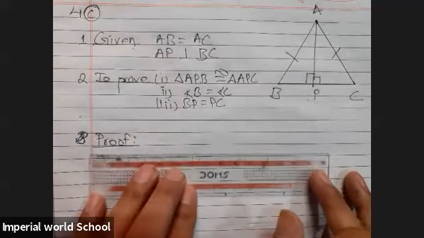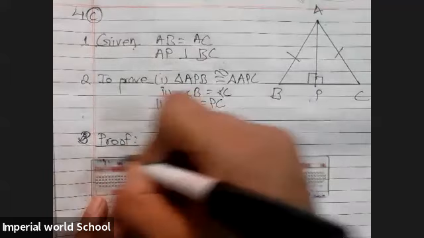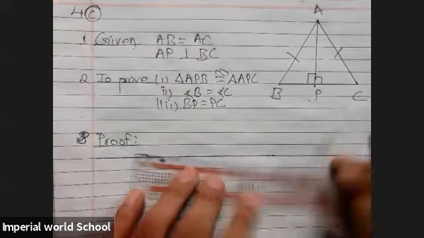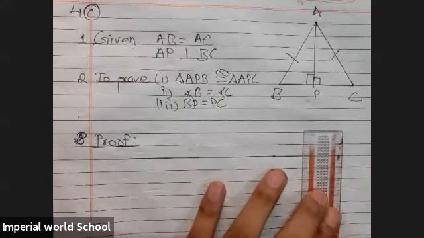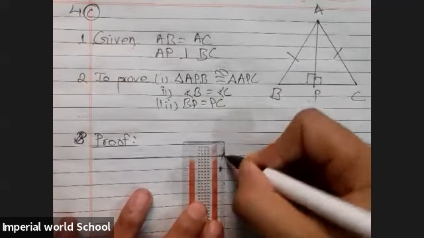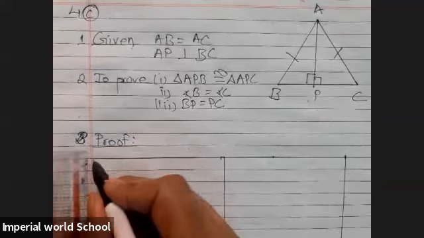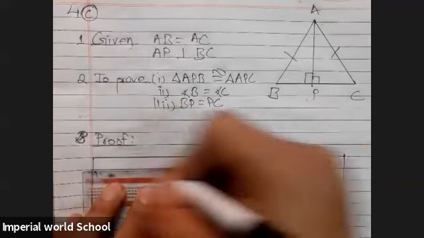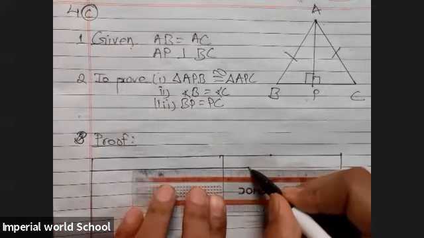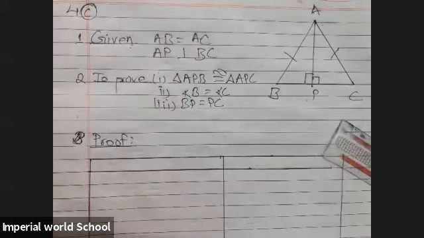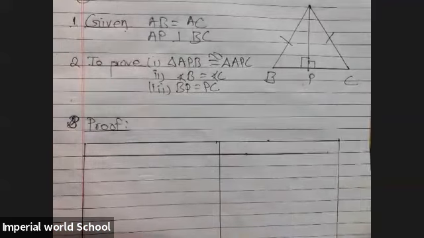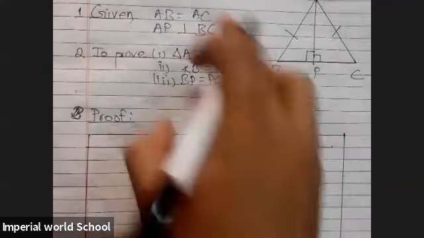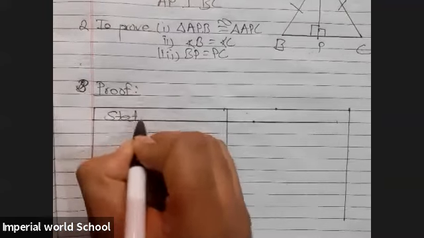Now for this we have to create one table, like our previous question, with statement and reason. You should also make this using a ruler and pencil. If you at least make this formality and you don't know how to solve the problem fully, you still get marks if you do all this formality. Still not full marks, but at least a few marks you can get. Statement, reason.